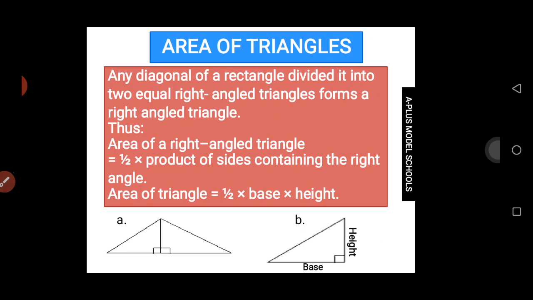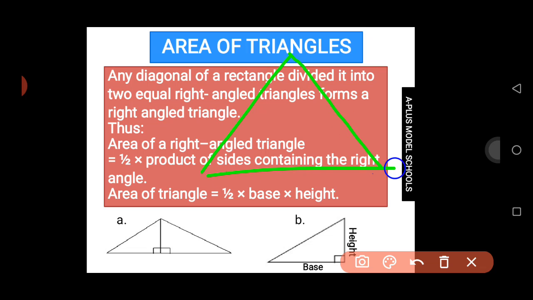Area of a triangle. The formula for finding the area of a triangle is half base times height. In any triangle, half base times height. But if you are given a triangle that is not a right angle, for instance, if you are given this kind of triangle,